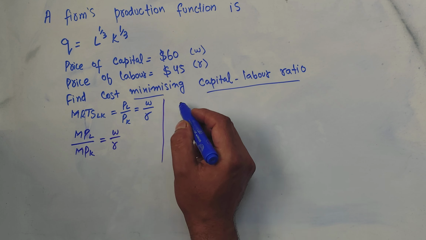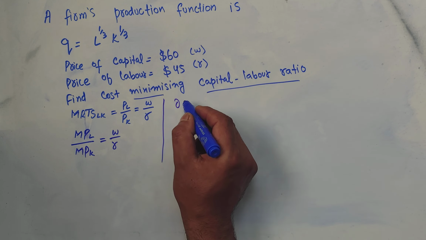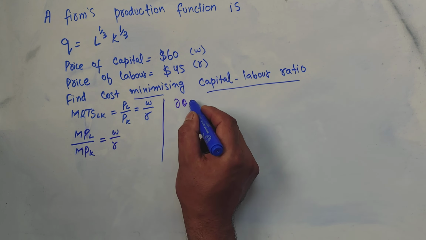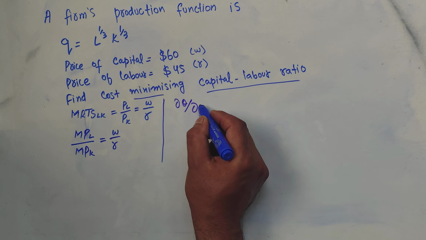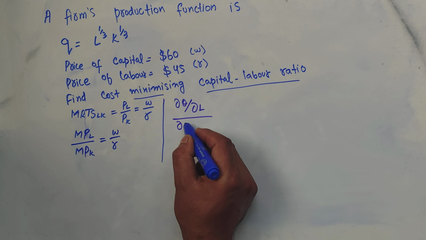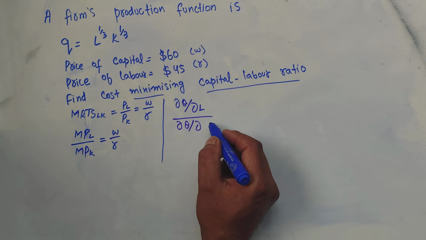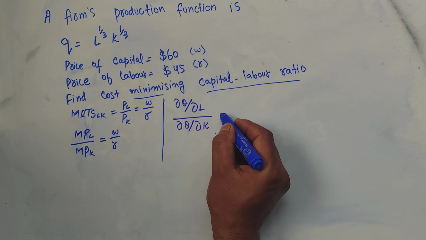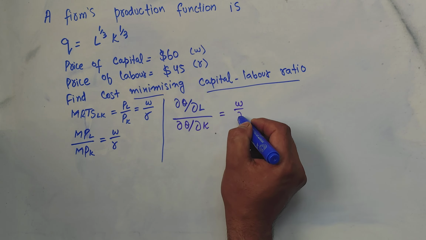Now we know that the marginal product of labor is simply the change in the output due to the change in the units of labor employed. Likewise, the marginal product of capital is the change in the output due to the change in the units of capital employed, and the ratio should be equal to W upon R. Okay,